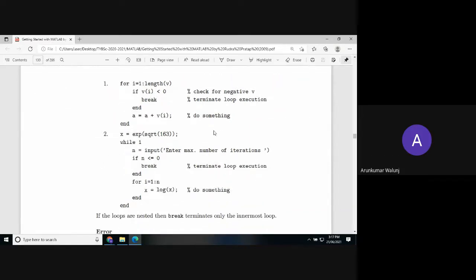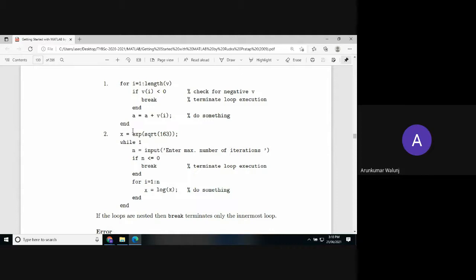A couple of examples are there. For loop is similar to for loop in C programming, but the only thing is the syntax is different. There is no parenthesis involved here while writing for loop. For i equal to 1 to length of v, where v is some vector you have generated earlier in the program, i varies from 1 to the last value in the vector.